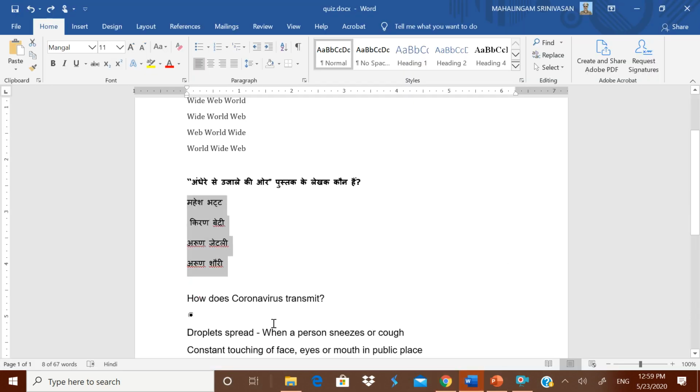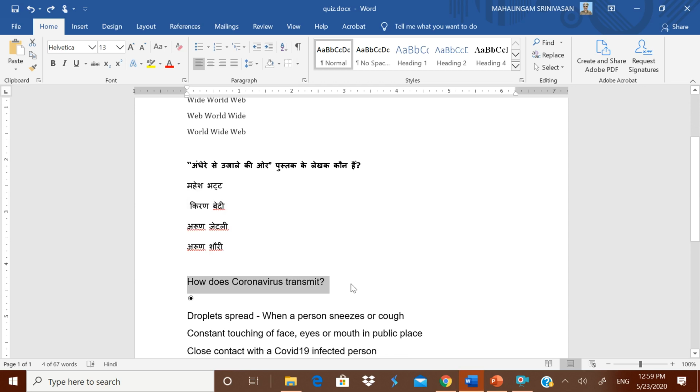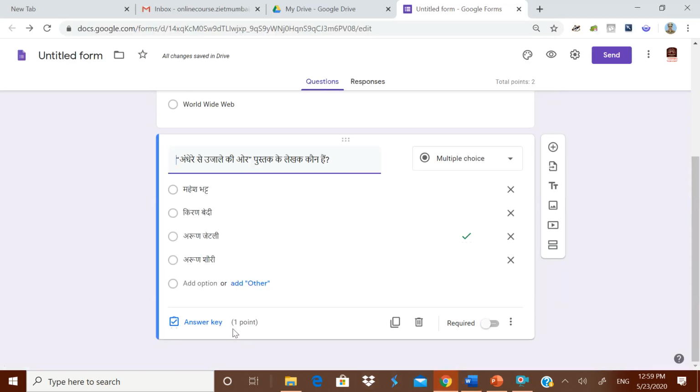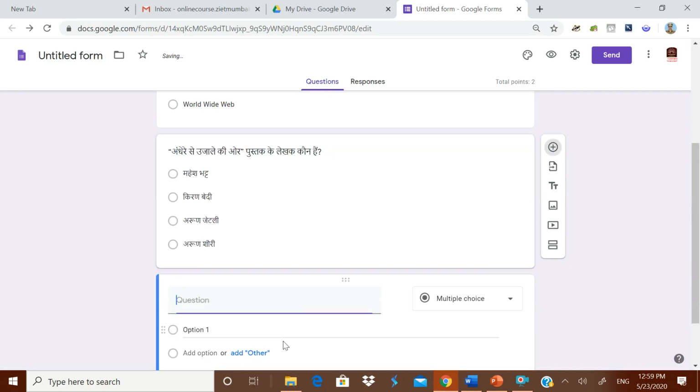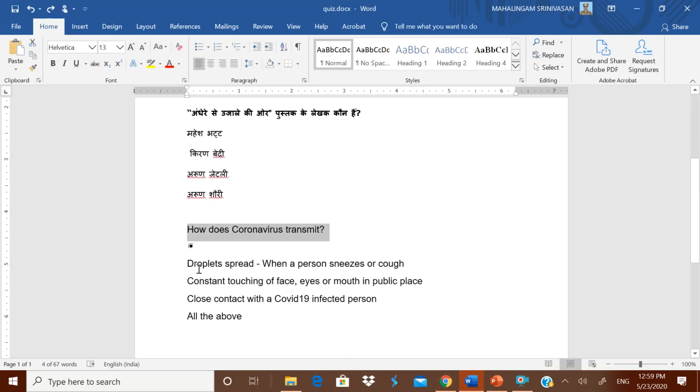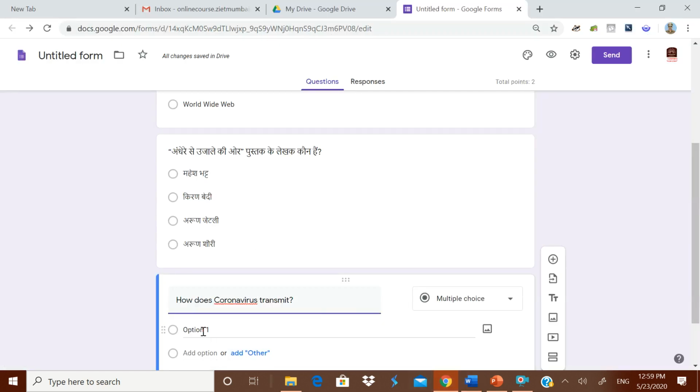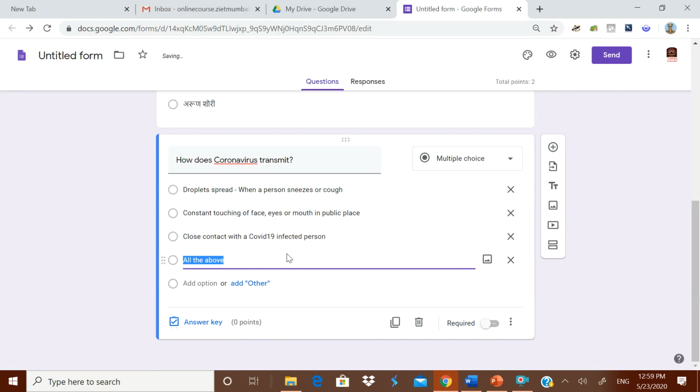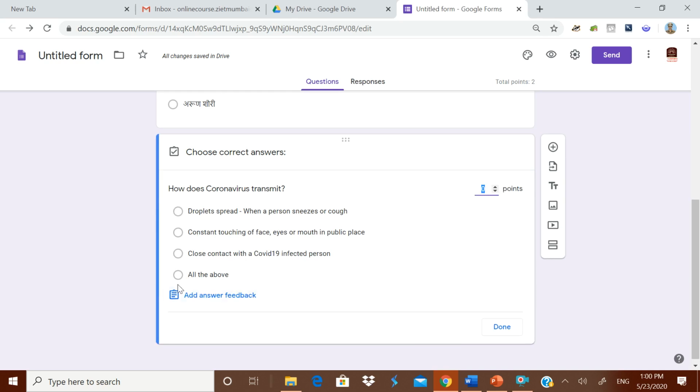Okay, now sometimes there may be a question where more than one answer is possible. That also you have to be very careful with the answer key. I am putting this plus sign, going to the next question. I am collecting all these answers. A question on coronavirus, maybe topic of the day, topic of the time now. Okay, well, here I think all the above is the answer. Suppose if you feel that the answer number 1, 2 is correct, you can click that also. Multiple answers are also possible.